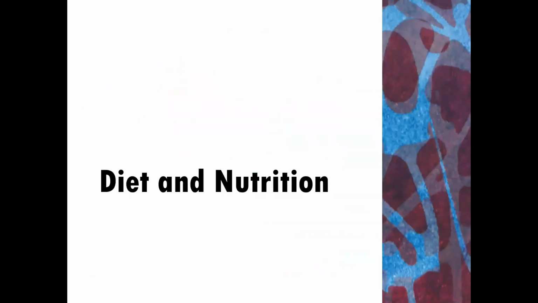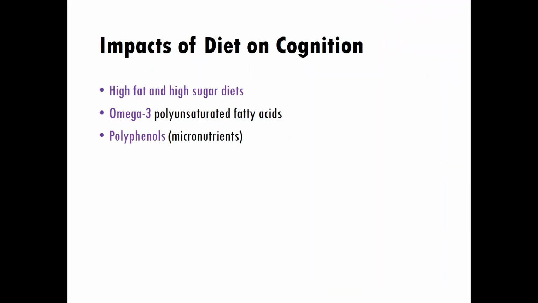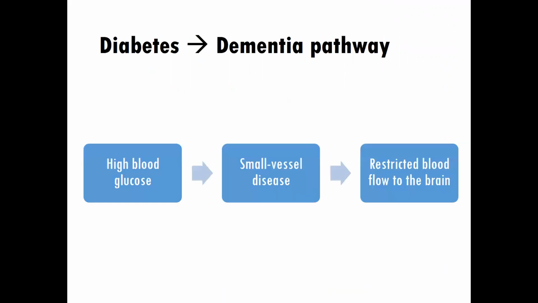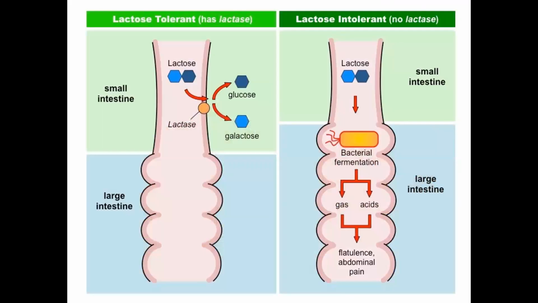We'll then learn about diet and nutrition. We'll learn about the cognitive impacts of vitamin deficiencies, impacts of diet on cognition, such as high-fat and high-sugar diets, omega-3s, and polyphenols or micronutrients. We'll learn about the diabetes to dementia pathway, celiac disease, as well as lactose intolerance, and understand their role in